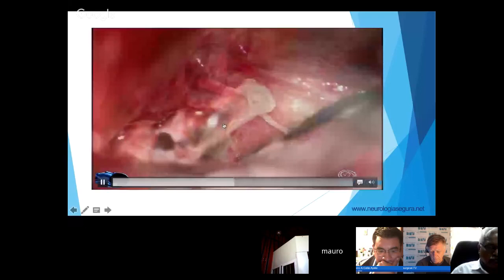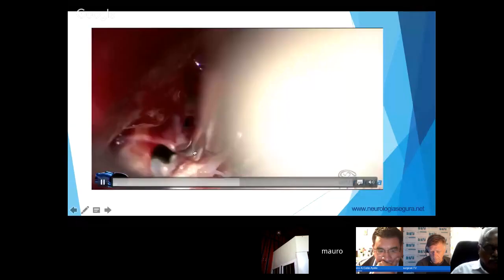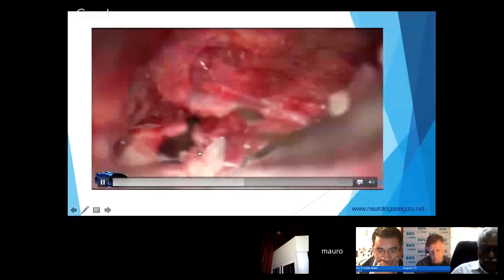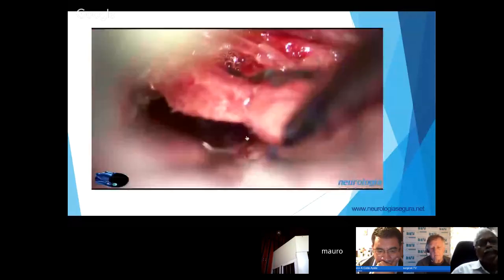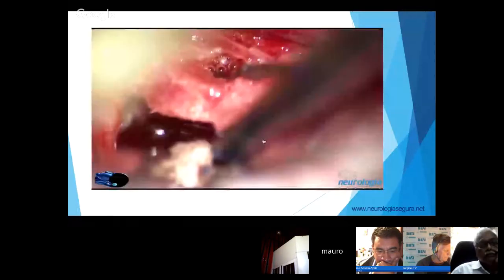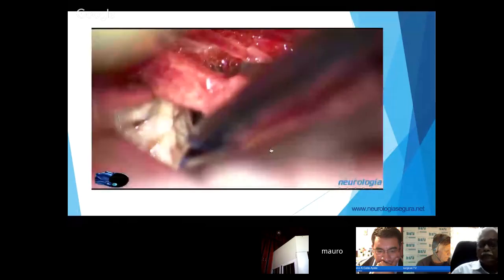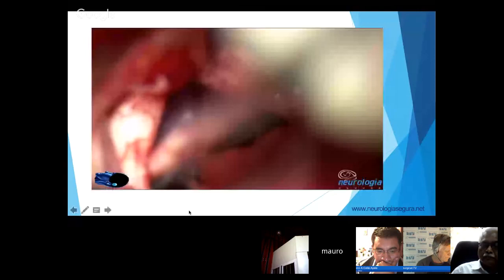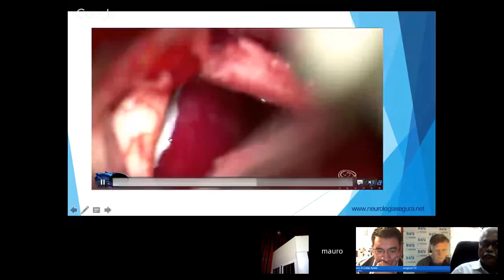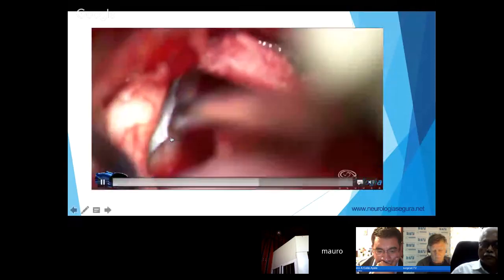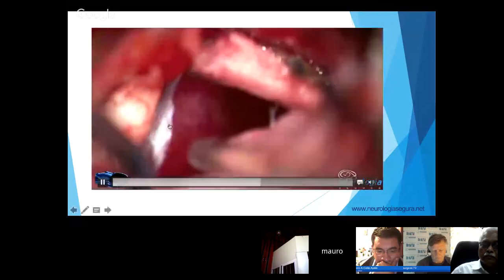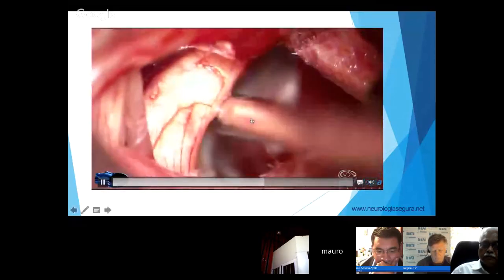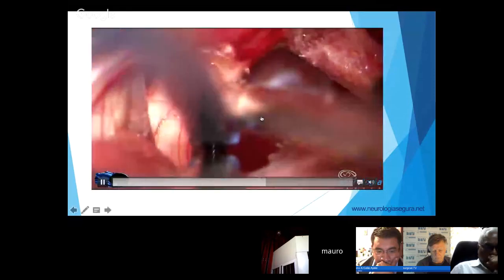At this point, we have to be very careful because of the small vessels, and of course, you know, very careful with the hemostasis. So there is no problem, at least for the last 15 years we have followed this patient. I will inform you at the end of the presentation what happened with this patient.